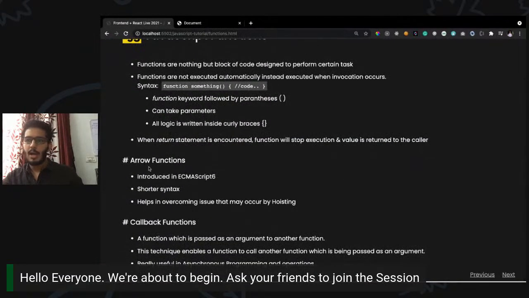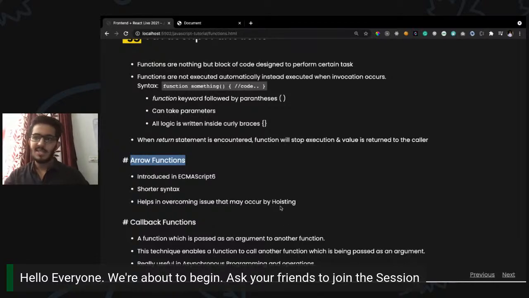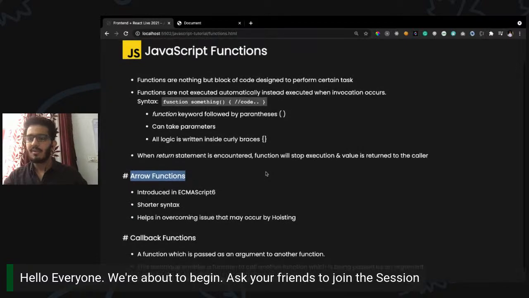Okay. Now the arrow functions. Arrow functions are interesting. It was introduced in ES6, ECMAScript 6, and it has a shorter syntax and it helps in overcoming issues that may occur by hoisting. Now, what is hoisting? That is a new term, right? So hoisting is just a special feature of JavaScript, which whenever the JS engine, basically the environment in the browser, right? Whenever the